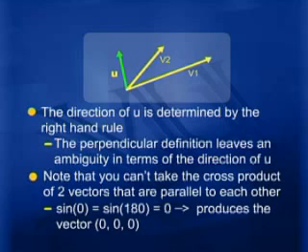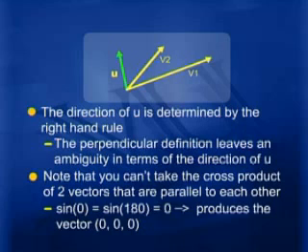If we are having the product of v1 with v2, we can place our right hand from v1 to v2, and the direction of the thumb tells us which way that unit vector u would be pointing. And if we are talking about the product of v2 with v1, we'll again use the right hand, pointing our fingers from vector 2 to vector 1, and the direction of the thumb would tell us which way that unit vector u would be pointing. So it is perpendicular to both original vectors v1 and v2, and this direction is determined using